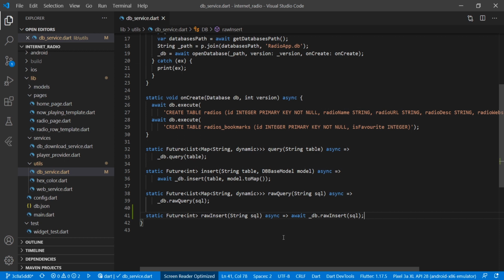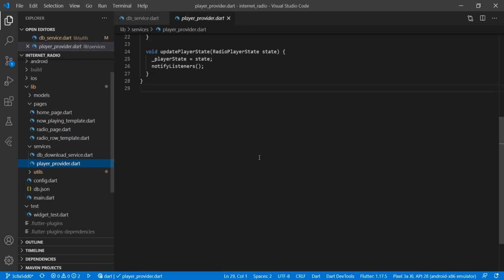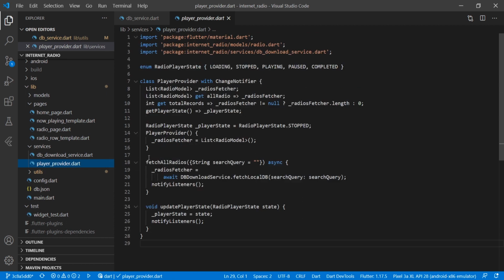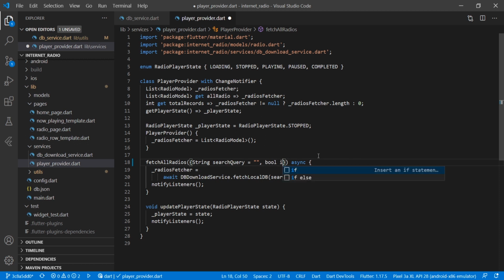So now we will update our player provider.dart file, and we will update our fetch all radios method. We will add a new parameter here, bool isFavorite only, equal to false.